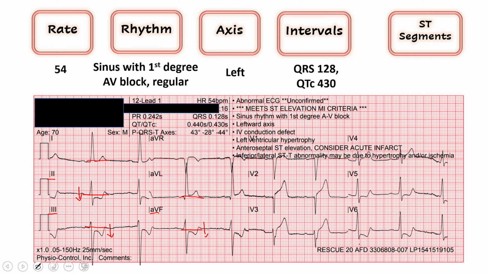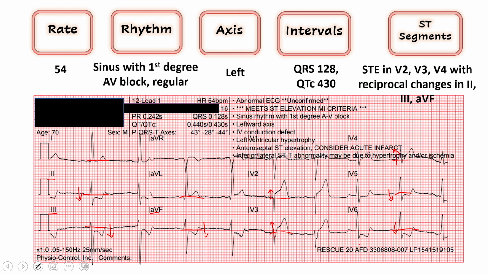As I move to the septal and anterior leads, oh my goodness, what are we seeing here? So if we look at the baseline, we've got ST elevation in V2, V3. I would call it elevated there too, with some depression starting to show in V5 and V6. And so what we have here is a STEMI. And so I would agree